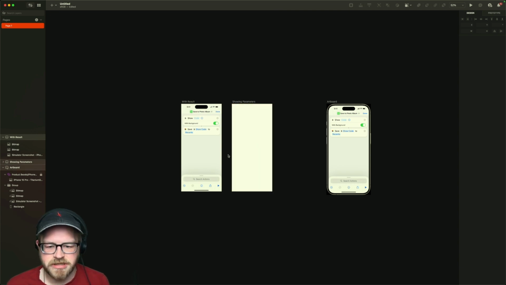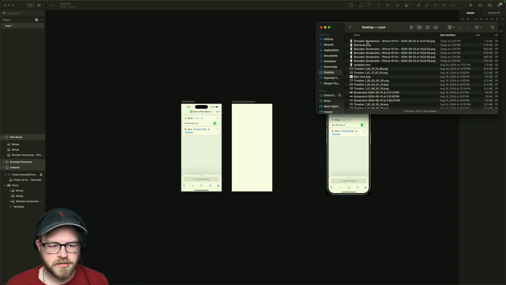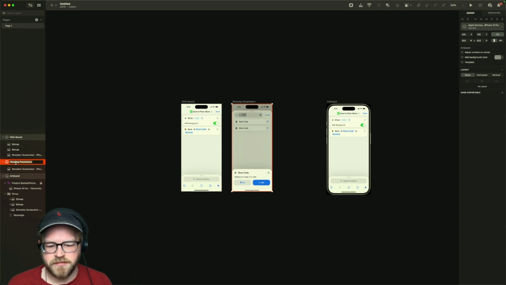Yeah, we're just gonna retake basically all of the other screenshots. So we have with result, we've got that one. Let's go get our other screenshot that we just took. And that's this one. So this is not showing parameters. This is intent description.